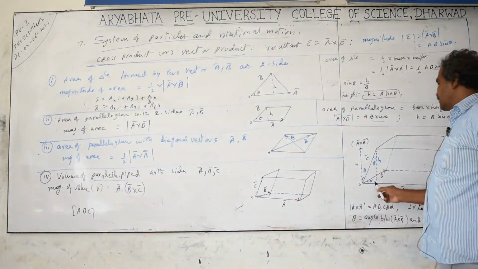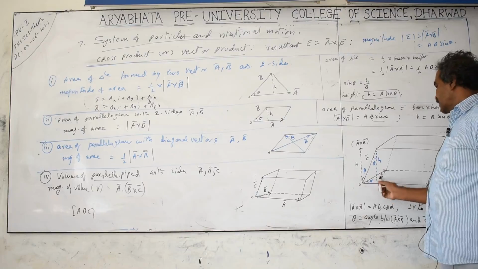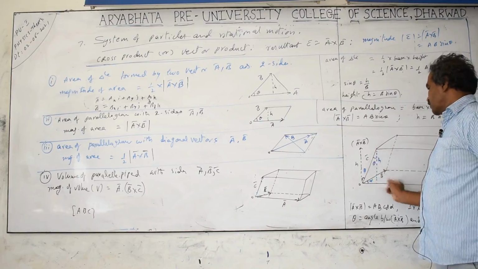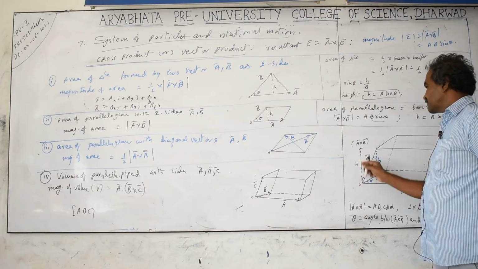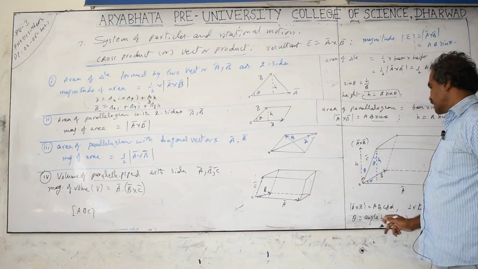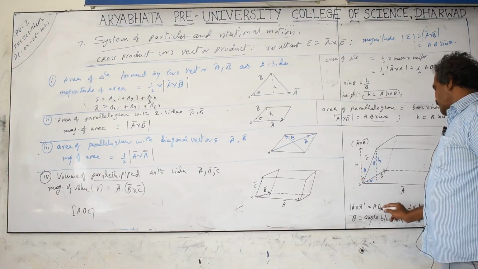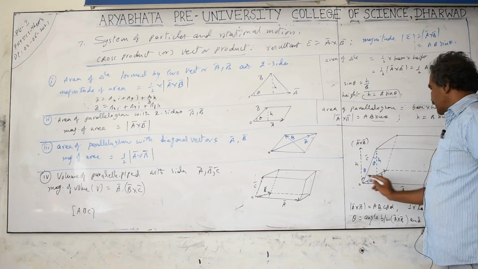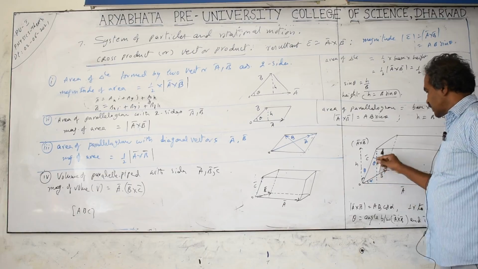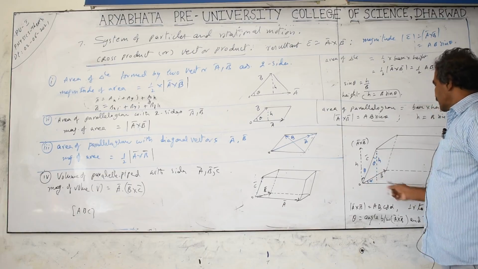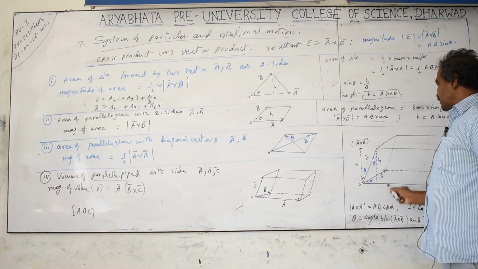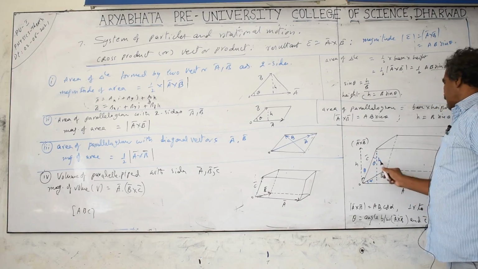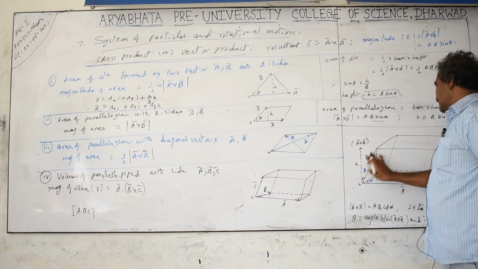If you take A and B, the angle between them is say alpha, two sides. A cross B is perpendicular to both A and B. The angle between A cross B and C is theta. Then the A cross B magnitude is AB sin alpha, which is perpendicular to both A and B. Theta is the angle between A cross B and C, and cos theta. This direction is vertical to the bottom plane, that is the plane containing A and B. This is vertical to A and B. Cos theta is nothing but adjacent side by hypotenuse, meaning H by C. This is the C vector.